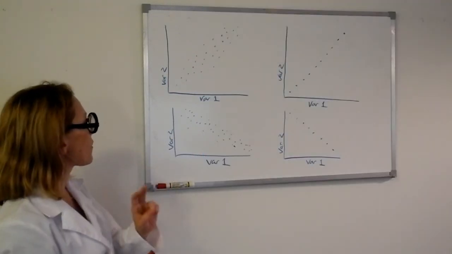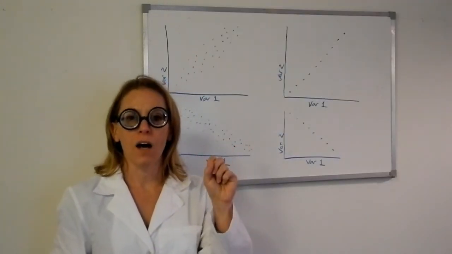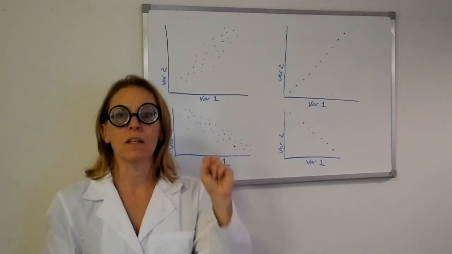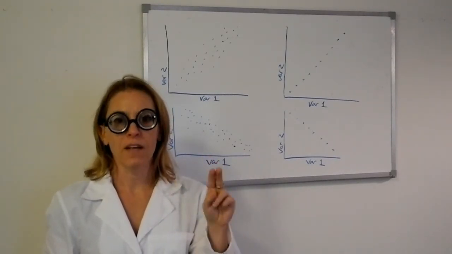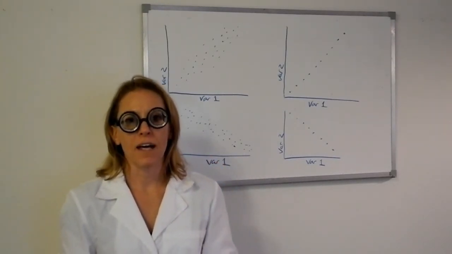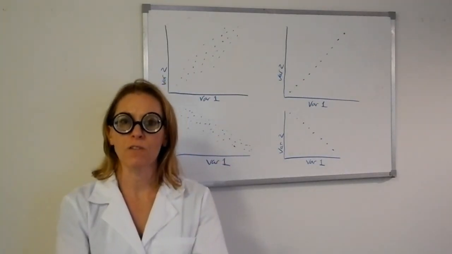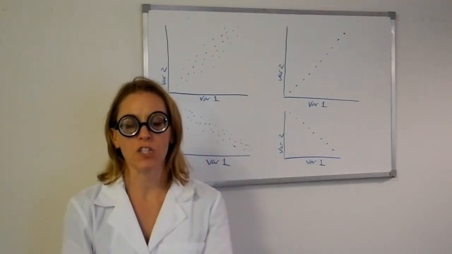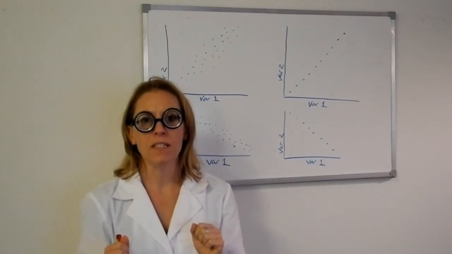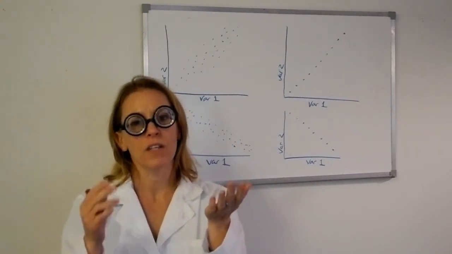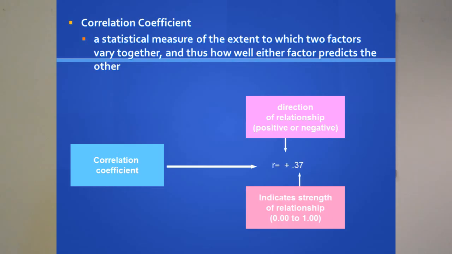Now, there are two things then to remember. Correlations can be positive or negative. A positive correlation means that either increasing or decreasing together, the variables are traveling in the same direction. A negative correlation means as one variable increases in value, the other decreases. And so you're going to see